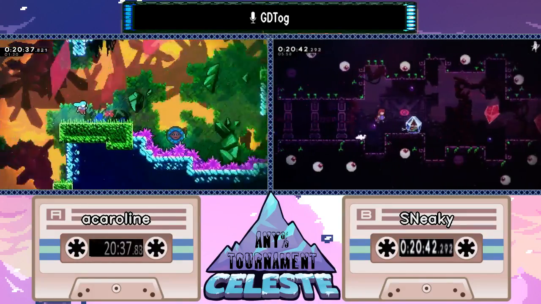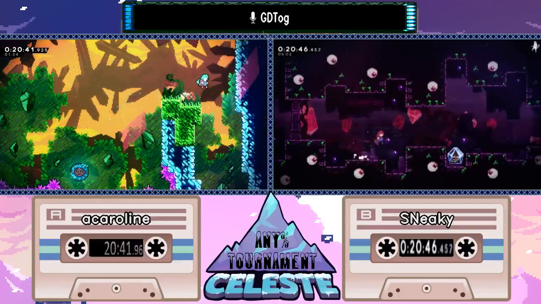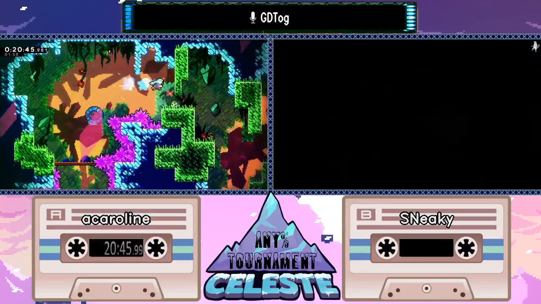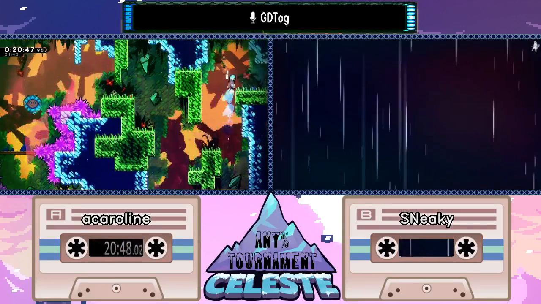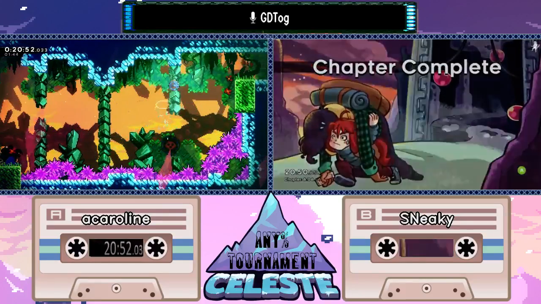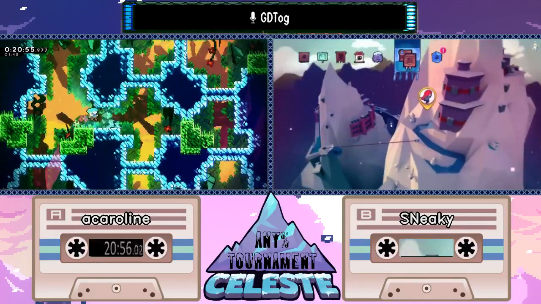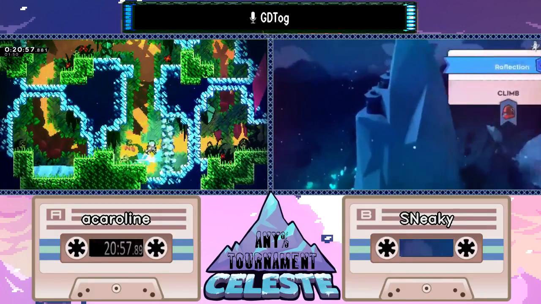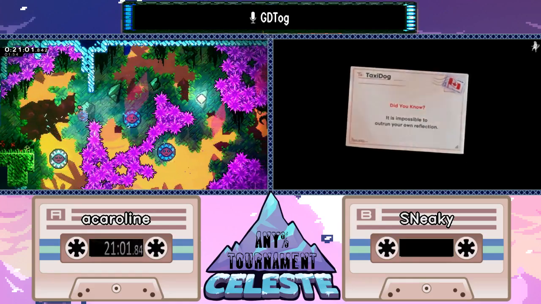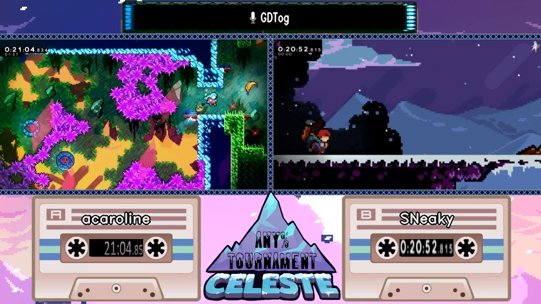Sneaky actually retrying. I was going to mention that in this room, it's impossible to die unless you retry at the end instead of skipping the cutscene. I've not seen it yet in this tournament, but Sneaky actually just did it. Very unfortunate. That does lose about 10-12 seconds in that room, and depending on how you take it afterwards can lose you up to 15, actually. So moving on to acaroline's side, unfortunately I don't have very much time to talk about much